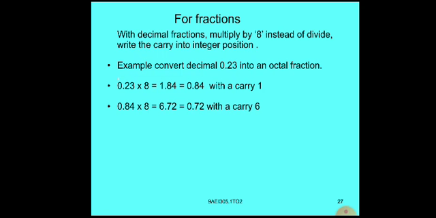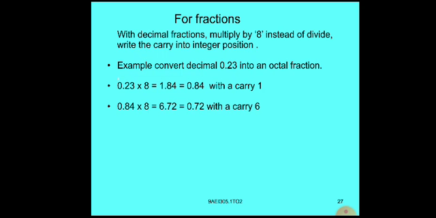So 0.23 into 8, how much? 1.84. So the whole number 1 is taken as a carry, and you have to write it on the right side, and the fractional part 0.84 you have to take, and once again that remainder 0.84 you bring down and multiply once again with 8. You will get